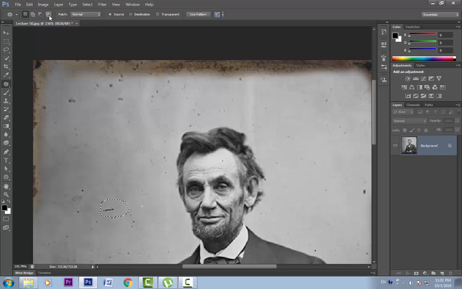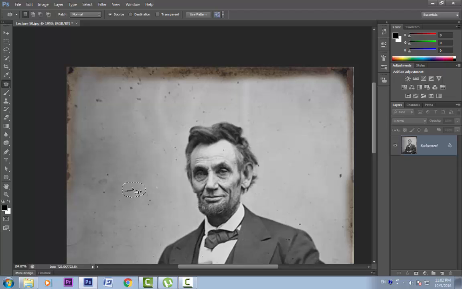With patch tool, we will have to work directly on the background layer. It does not allow us to work in a non-destructive way because there are no options to sample the current layer and below or sample all layers. Now these two options are to tell the patch tool whether we are dragging our selection to the destination or to the source. Source is selected. Now if we click inside the selection and drag it, you can see that it has healed that spot right there.